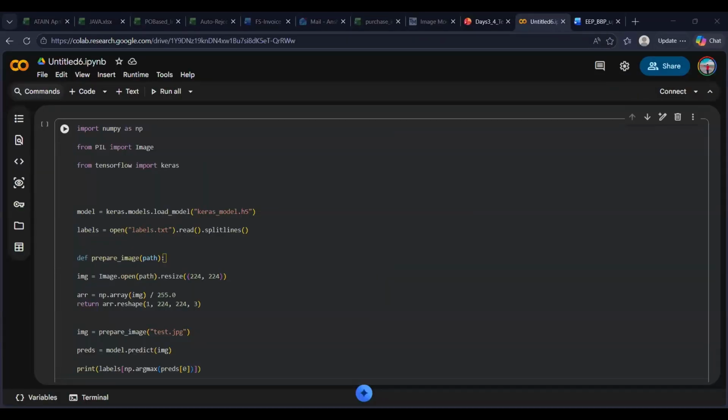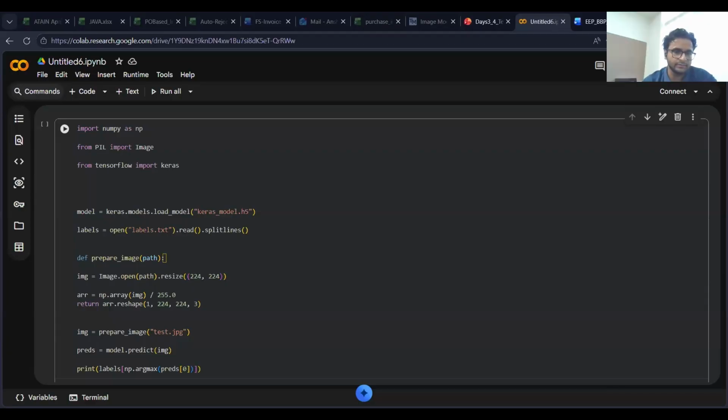Sir, where have you imported this model from? So basically I'm using TensorFlow. TensorFlow is an open source platform, developed by Google if I'm not wrong, that helps us in simplifying creation, training, and deployment of machine learning models.